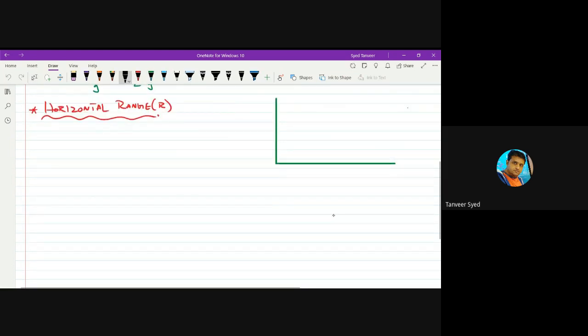You are throwing an object from the origin with initial velocity u, making angle theta. Its path will be this. Now, horizontal range. Range means distance covered. In which direction? Horizontal direction. This distance,